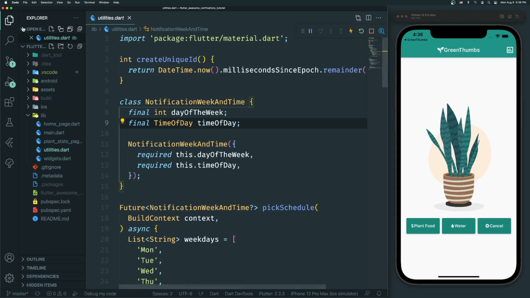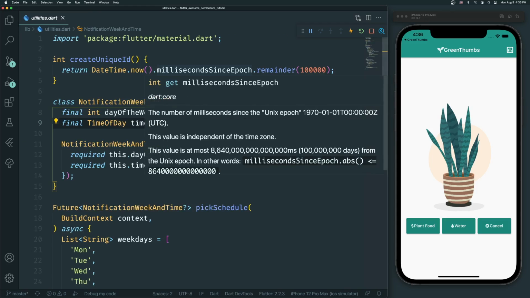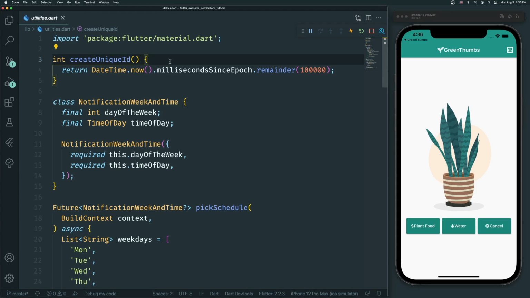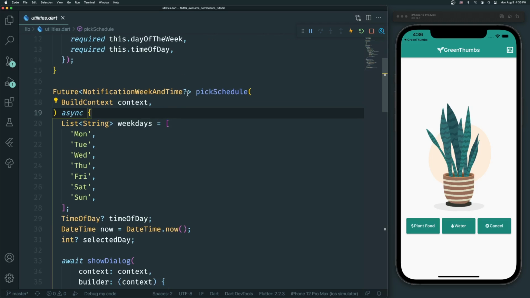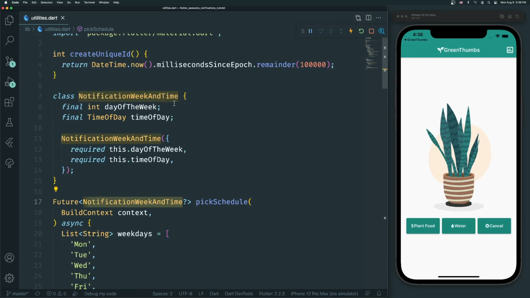Then lastly, we've got this utilities.dart file, and here we've got some helpful functions that we're going to be using to create our notifications. The create unique ID creates a unique ID. The pick schedule function will actually bring up that weekday picker and also the time picker, and it's going to return a notification week and time object. This object is going to be created using our custom class, which is going to hold the day of the week, represented by an integer, and also the time of day object,